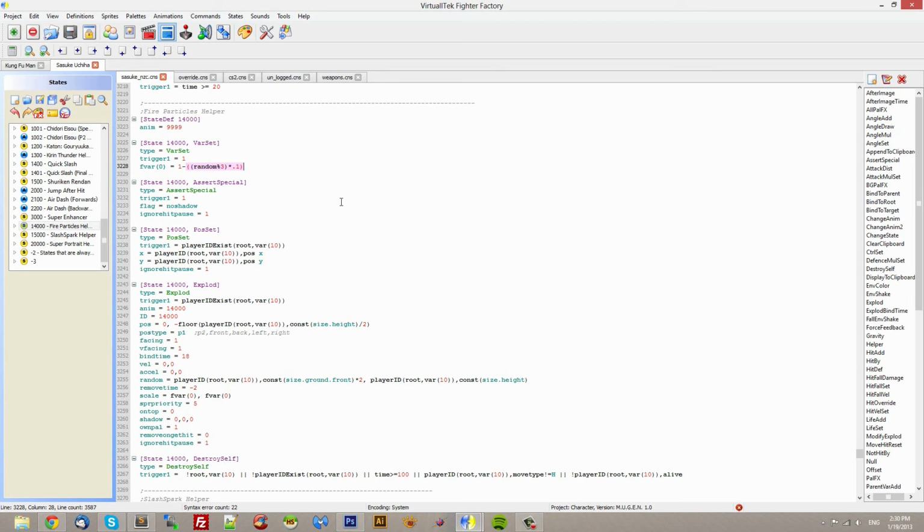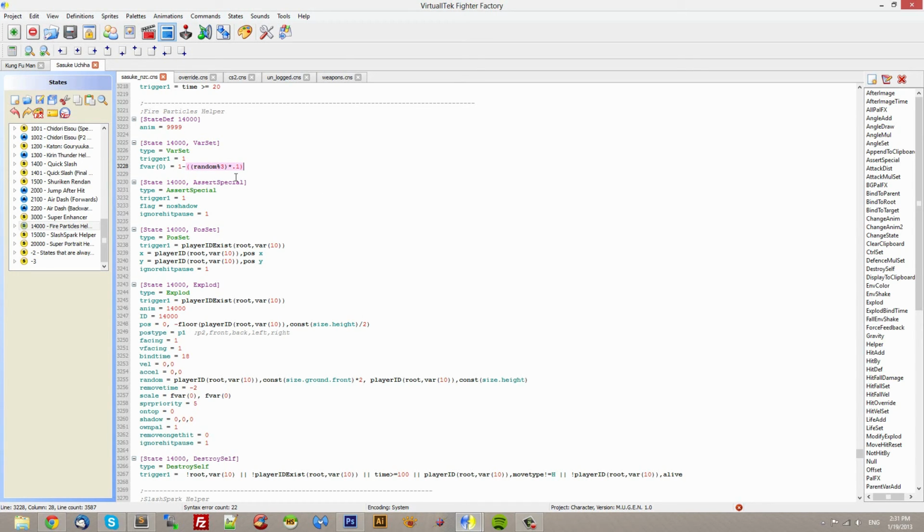Also, you should probably note that you don't want to use the same numbers. For example, if my helper is going to use var 0, now, I mean, this isn't entirely important. It's just to avoid most confusion. For me, I don't get confused with things like this, so it doesn't matter to me. But for beginners and people who are just getting into Mugen and the coding parts of Mugen and variables, you're going to probably want to use a different variable number for your helper and a different variable number for your root, provided you were actually using a variable for your root and a variable for your helper. But for this example, for this move actually, I've coded it as